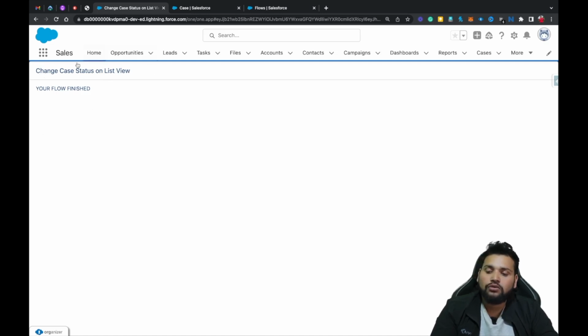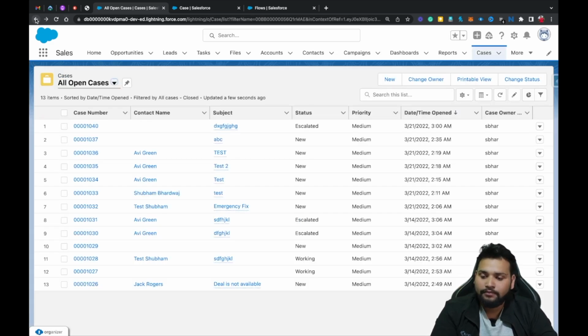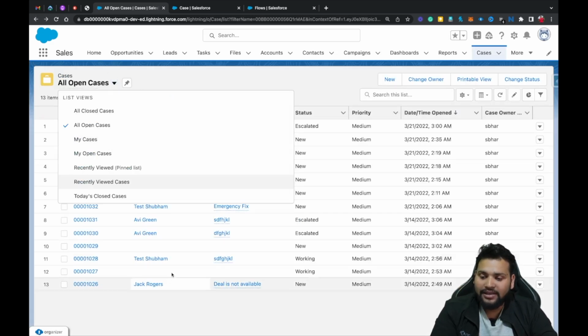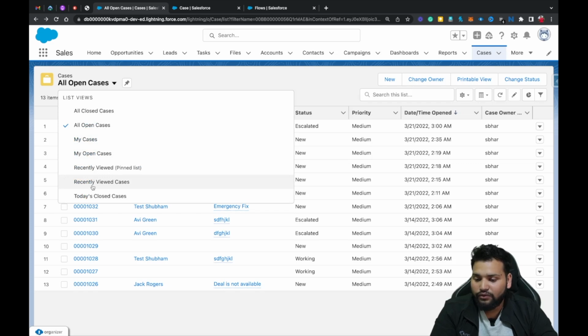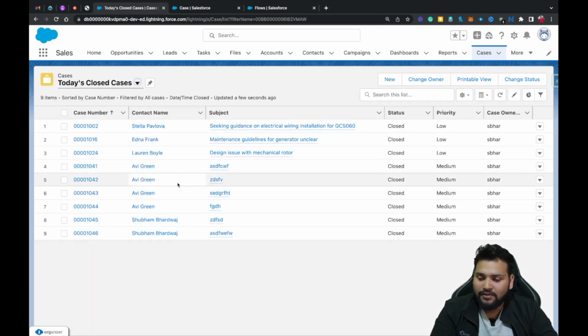Because we don't want our user to see this message after we change the status of our records, right? So if I move back, here you can see all open cases are subtracted from the initial number, and let me just move to today's closed cases. So here you can see the Avi Green contacts are now closed. Basically these are the contact names for this particular case, right?